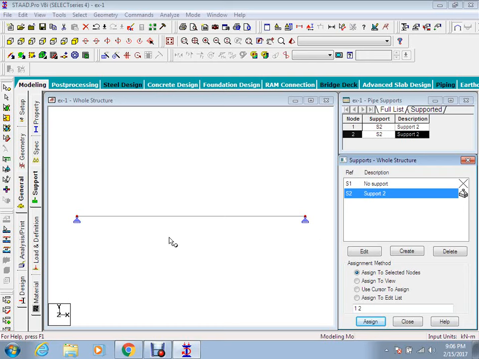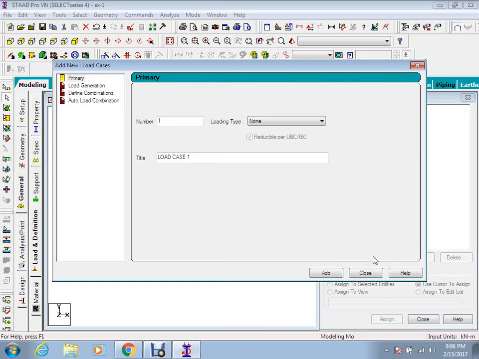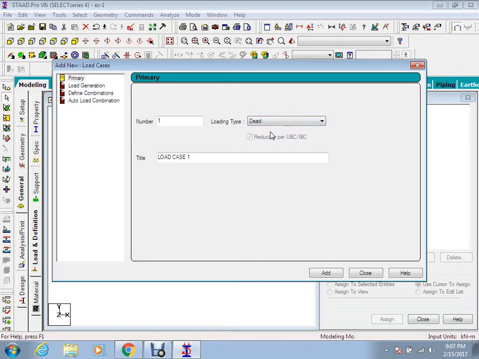Next step, load definitions. So how to give loads? Usually for a beam, dead load is there, and we also have to consider an assigned live load. So first of all, select load case details, add